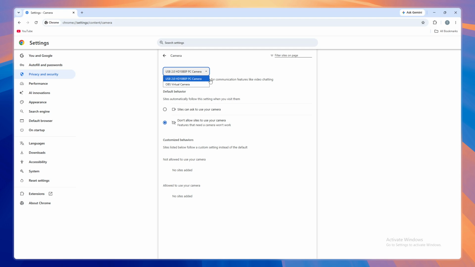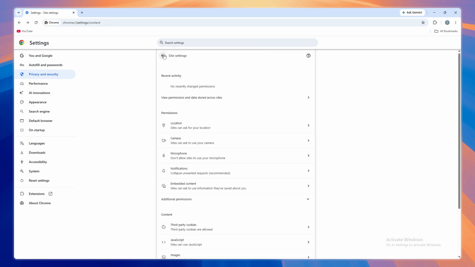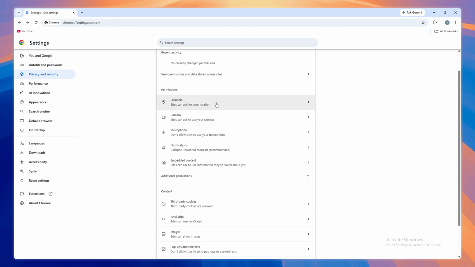Right below the drop-down, you'll see radio button options. Click on the radio button next to Site can ask to use your camera. This setting allows websites to request permission before accessing your camera, giving you control over when and where your camera is used. Now, navigate back to the main permission section by clicking the back arrow or selecting Site Settings again